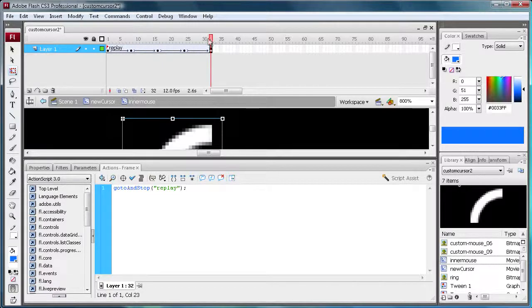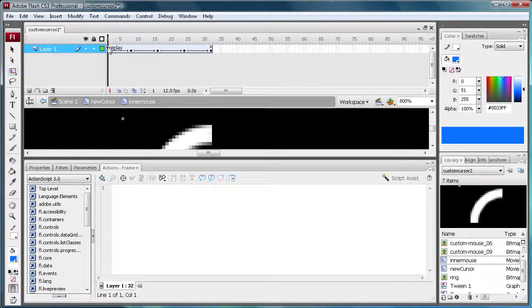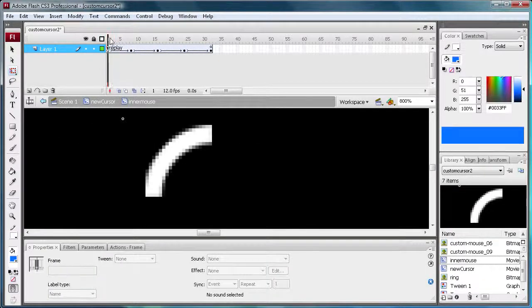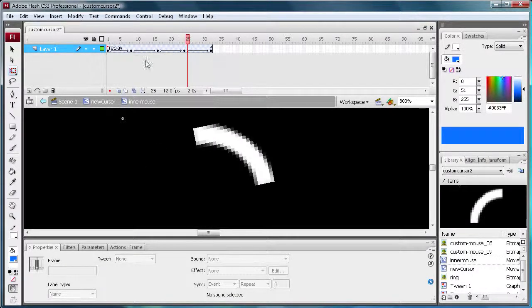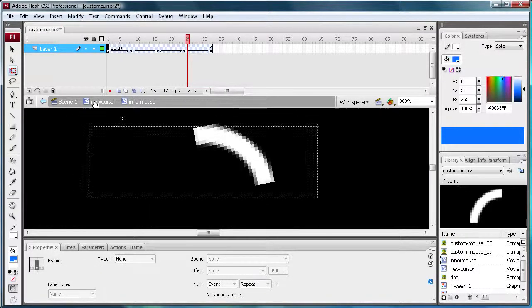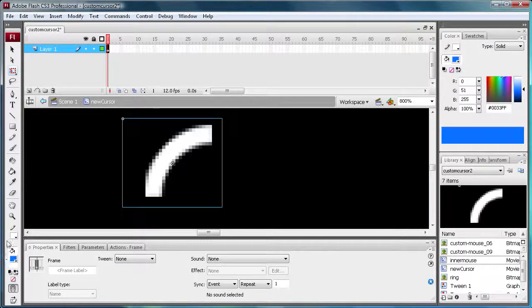So now what that's going to do is say when it gets to the end of this animation, so I'll simulate this for you. When it goes to the very end here, it's going to say go to and play replay, so it's going to go all the way to the beginning, replay it again, and it's pretty much an endless cycle from there. So now we're going to go back to our new cursor part, and let's zoom out